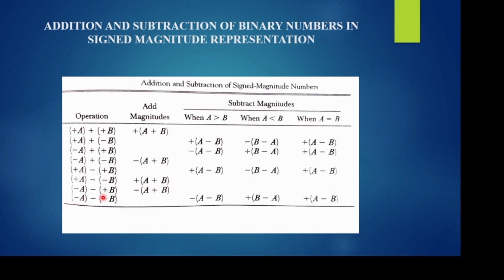The last case is minus A minus B. In that case minus A becomes minus A plus B. Here we have to perform the difference operation, and we have to give the resultant sign according to the magnitude. Okay, so these are the possible operations we come across while performing addition and subtraction of binary numbers in